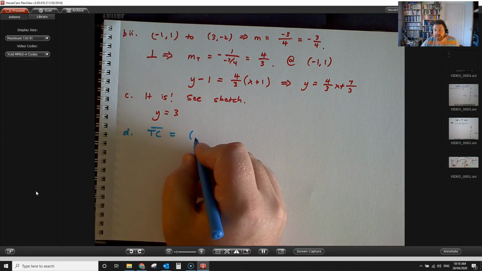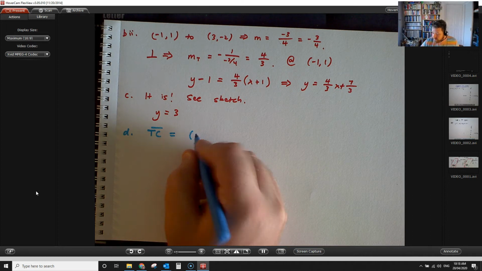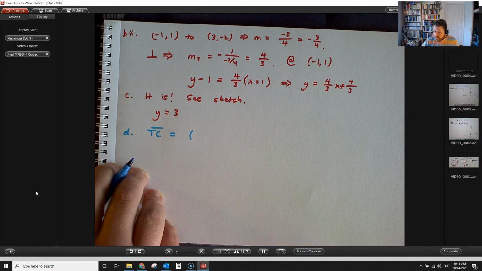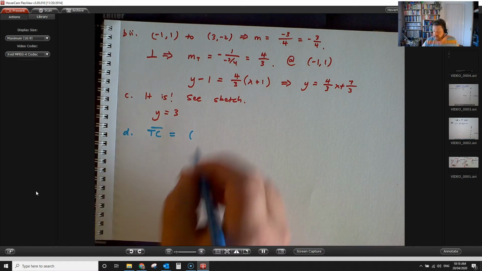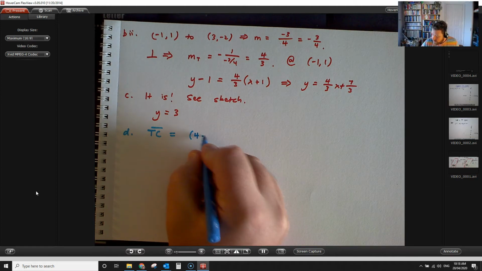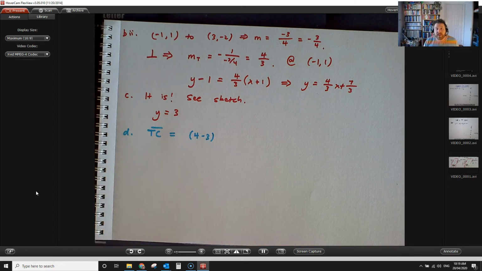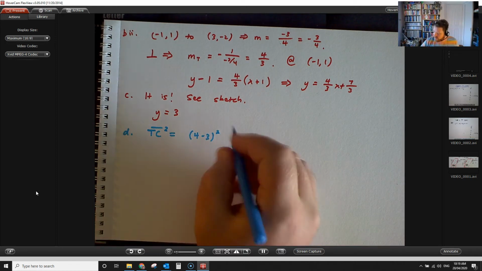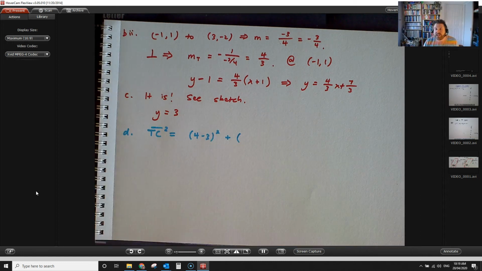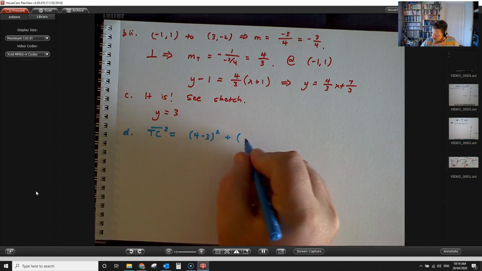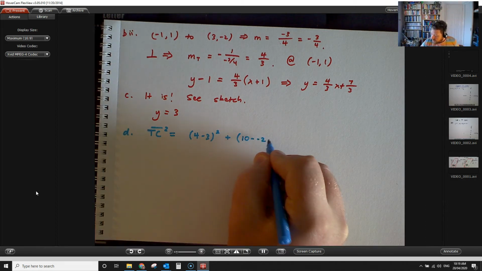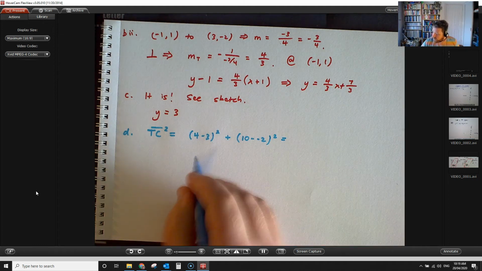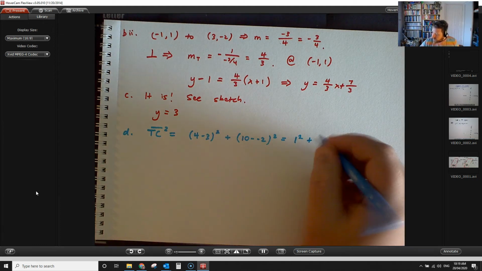So from 4 to 10, the change in x values is going to be 4 minus 3, and we're going to use Pythagoras, so 4 minus 3 squared plus the change in y values. We're going from 10 right down to -2, so that's 10 minus -2 all squared. So this is 1 squared plus 12 squared